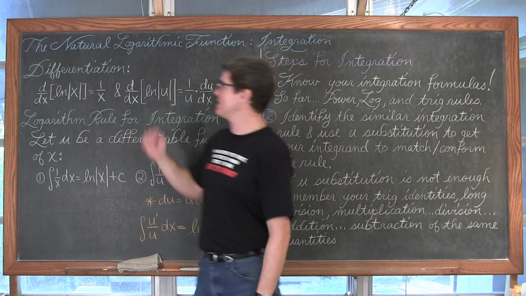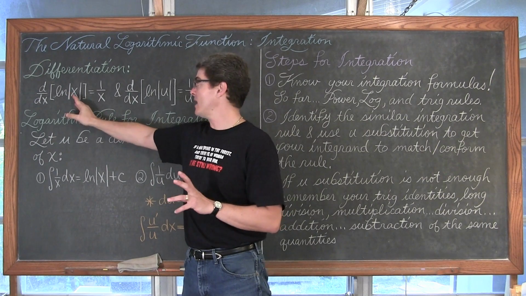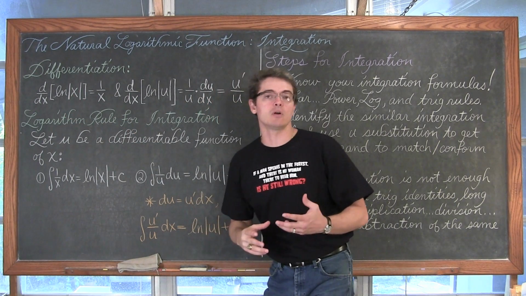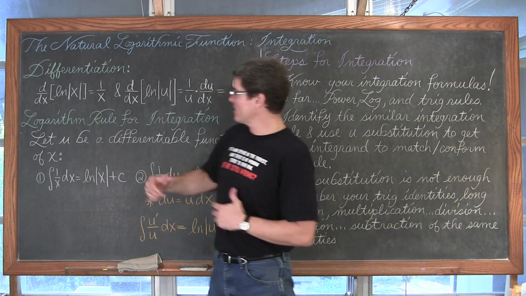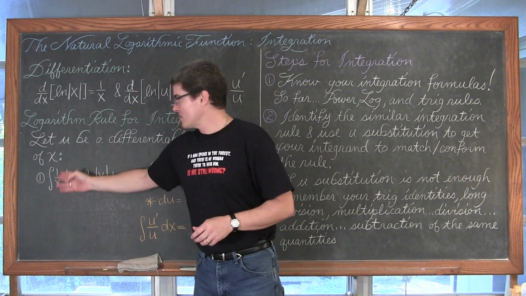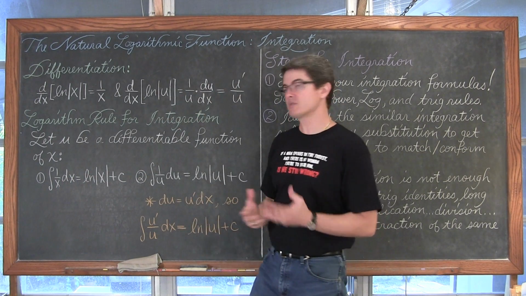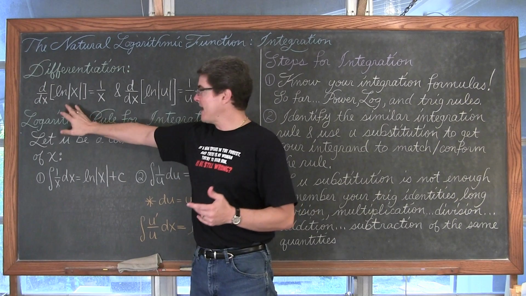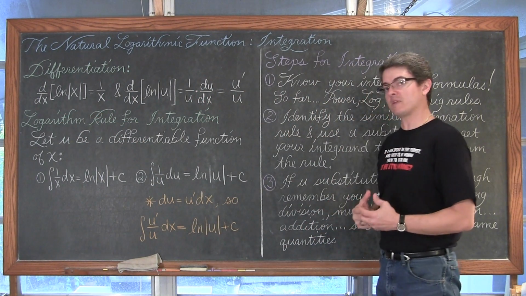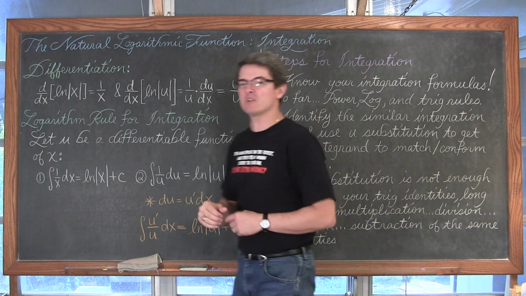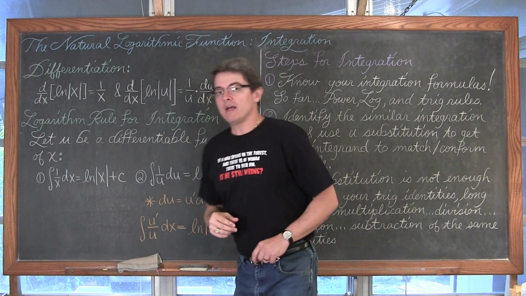So the derivative with respect to x of the natural log of the absolute value of x. We're just putting the absolute values around that x now to remind you, of course, you can't take the natural log of a negative number. And we're going to be talking about the integration process because we're going to be integrating basically the function 1 over x, which has a domain of all real numbers except x cannot equal 0. So we're adding this bit in. I didn't add the absolute value symbols when we initially started talking about finding the derivative of these natural log functions, but because we're talking about integration, I'm going to emphasize that a little bit more. And that's equal to 1 over x.